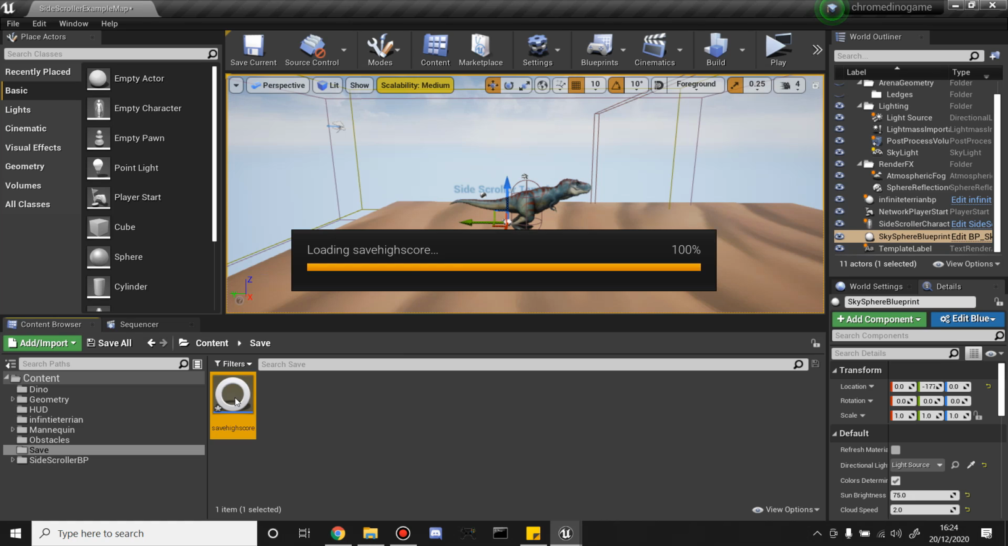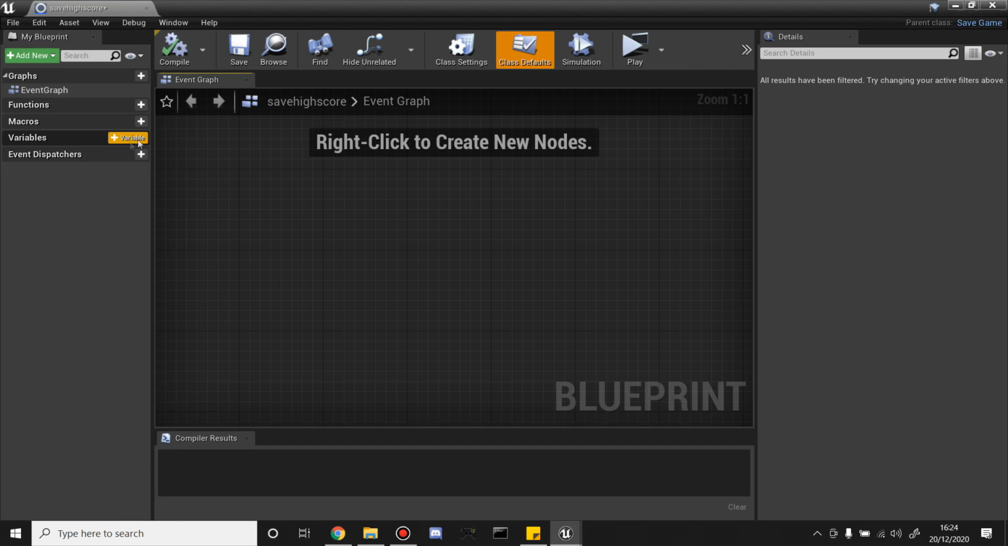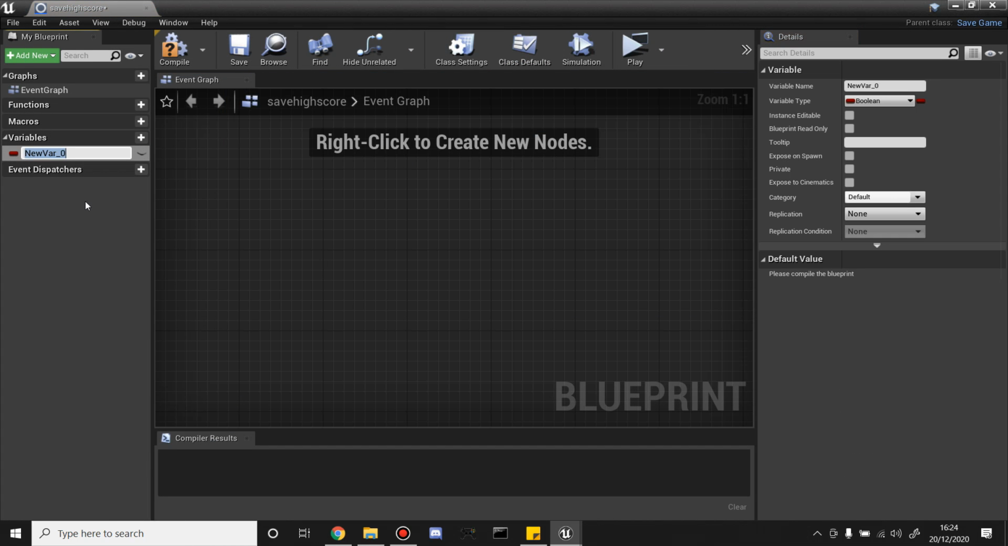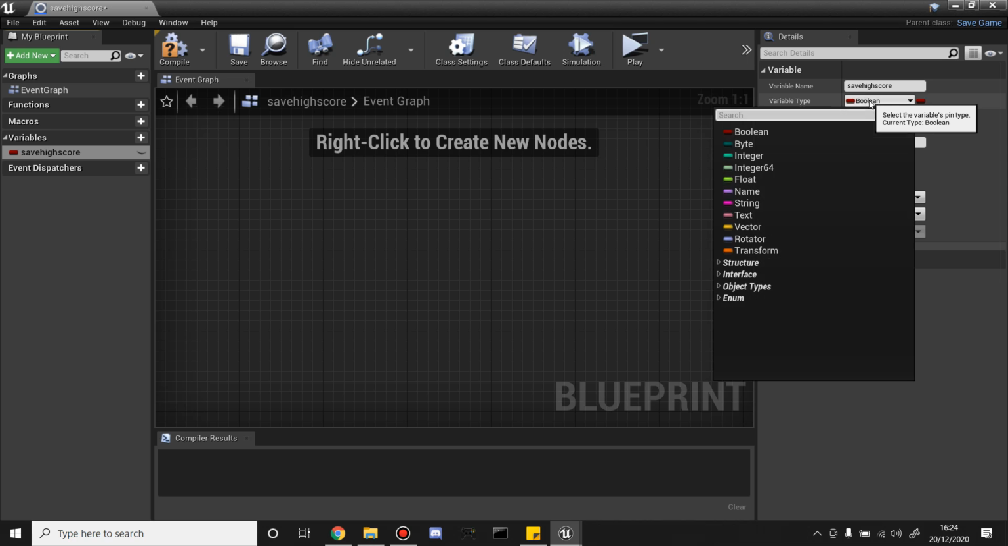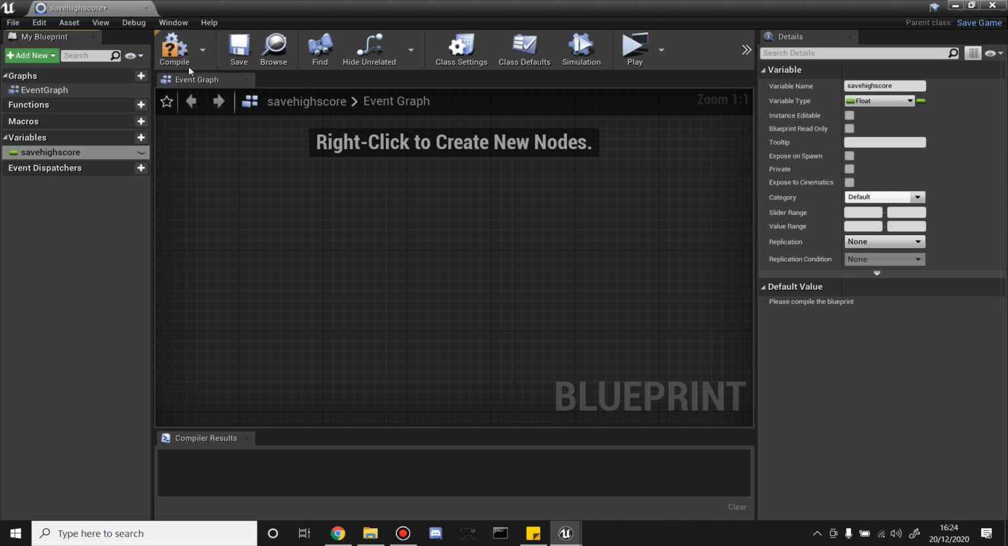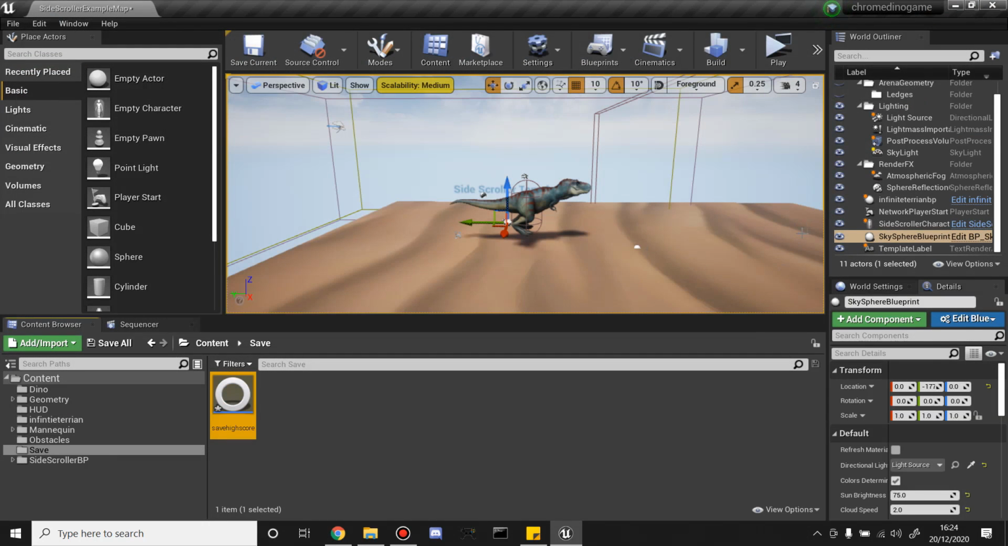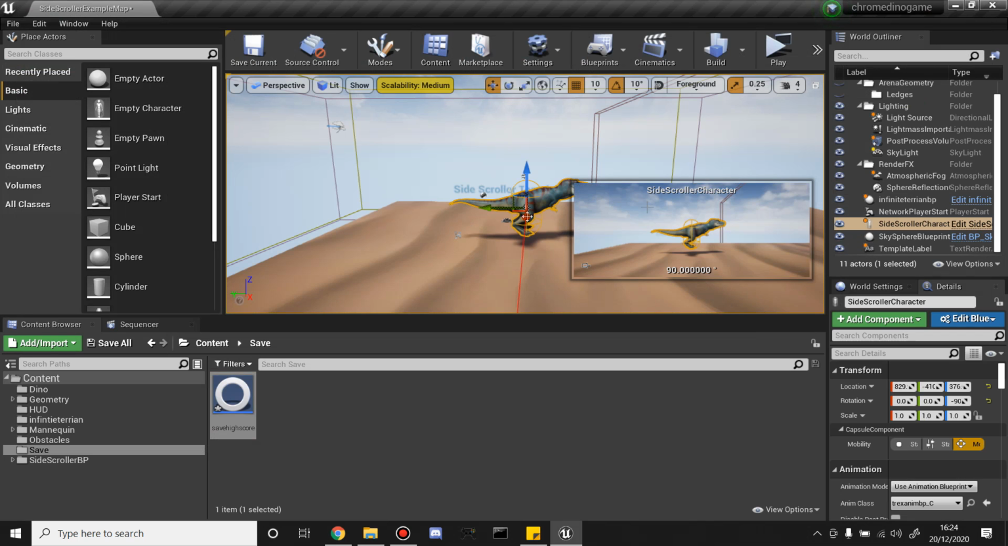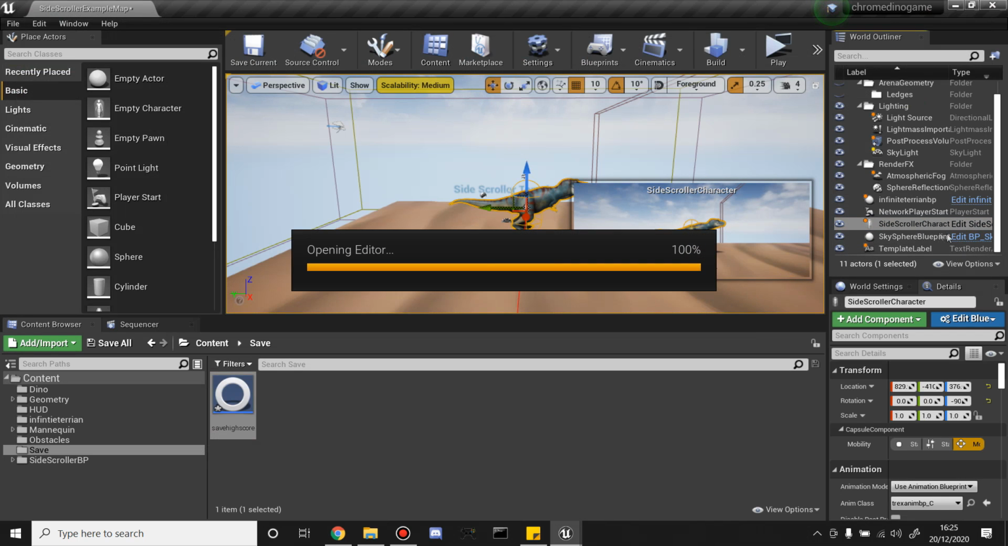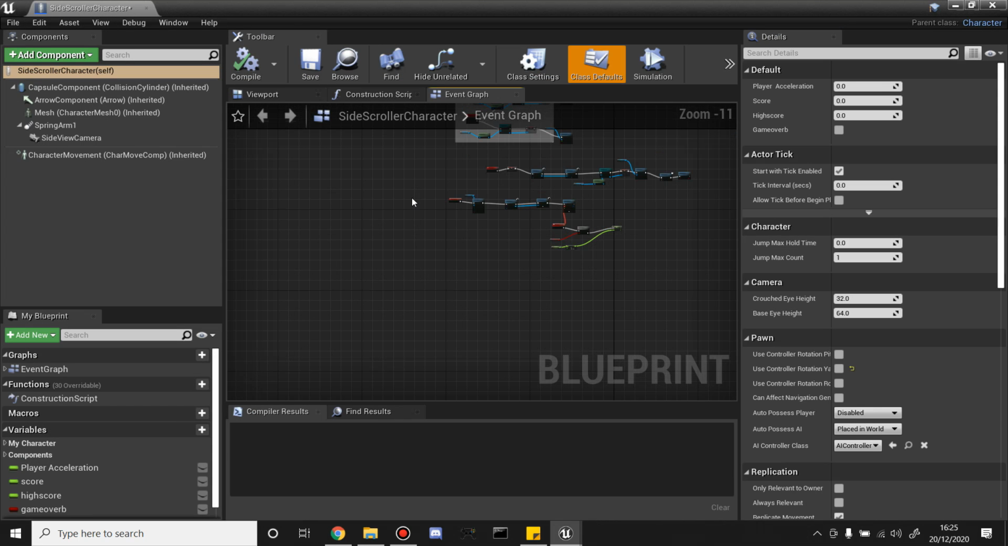We'll double click and open it up, and then under the variables we're going to click this button, create a new variable, and I'll call this save high score, and we want to make this variable type a float, and then compile. So this will store the value of my player's high score. And now we're going to just click on the side scroller character, click edit side scroller character, and then event